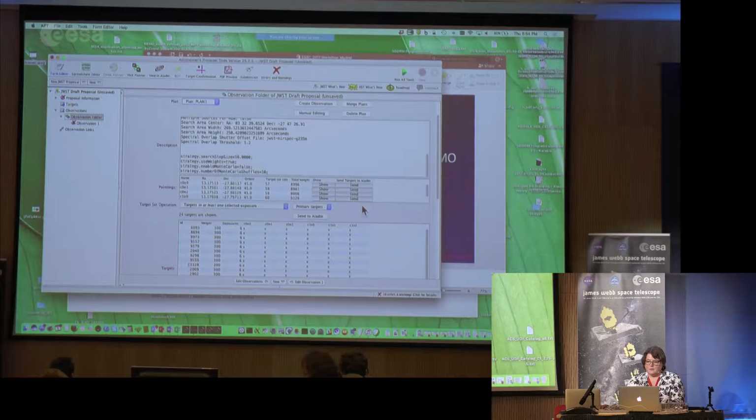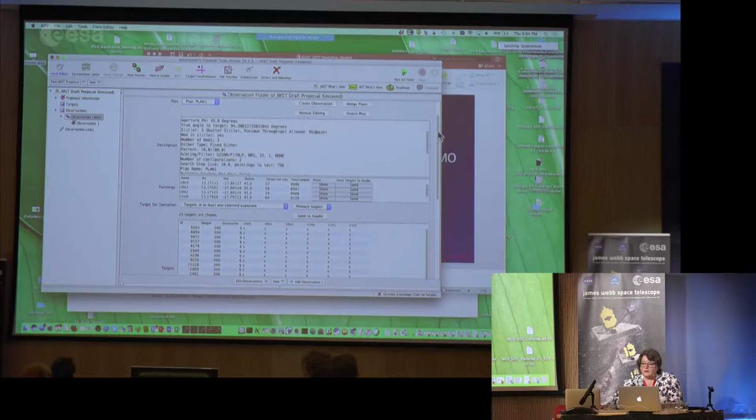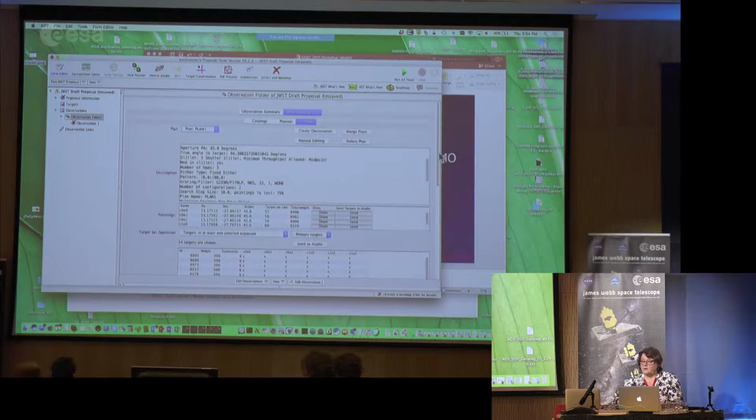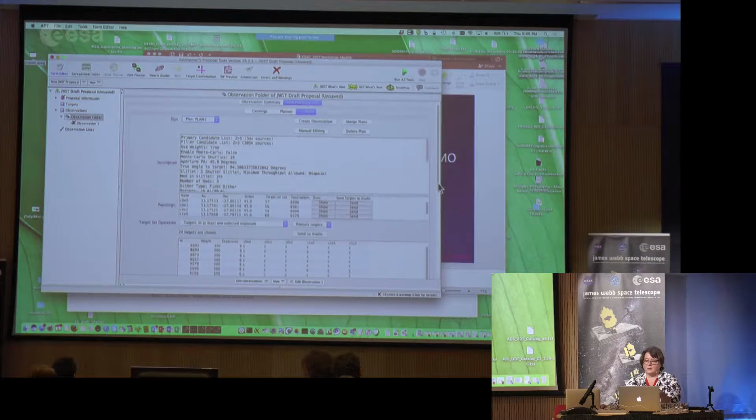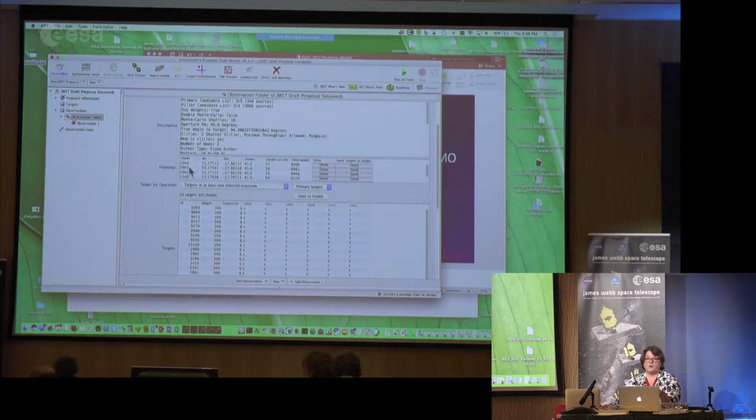Okay, let's see. And now I have to explain what you're seeing here. There are these external scroll bars here, and so you have to have your window pulled out large enough in order to see these internal scroll bars. This first box is a plan description of the plan parameters that we just ran. The second box contains a list of exposures, and they're identified by their configuration number, and there's only 2 because